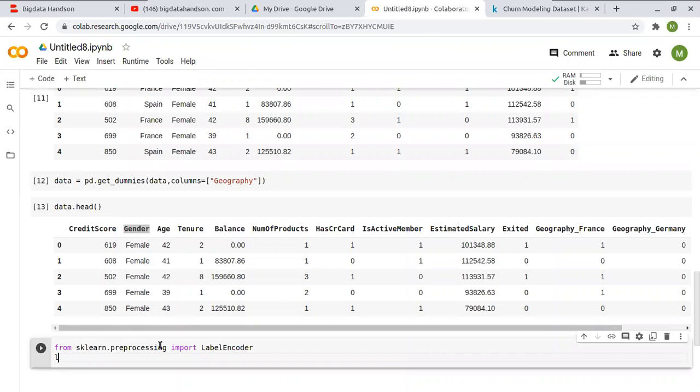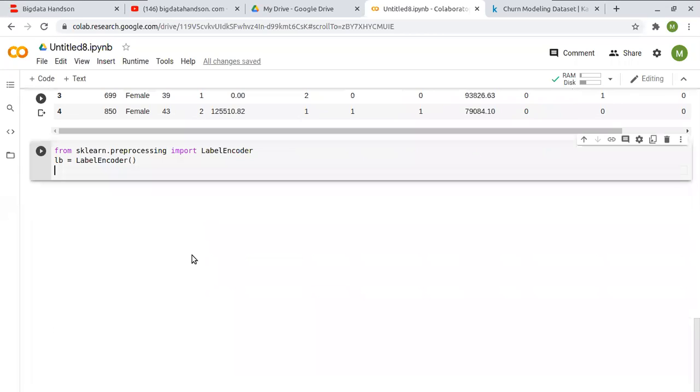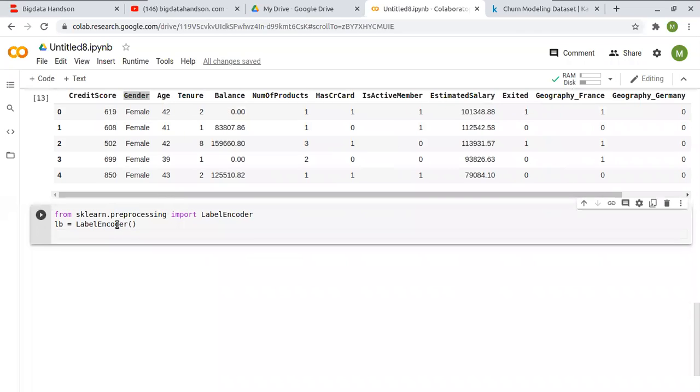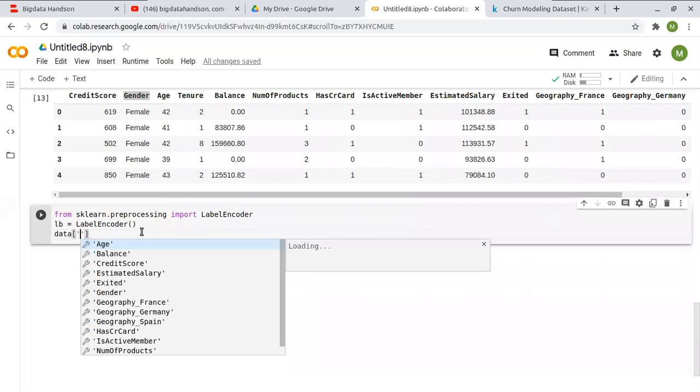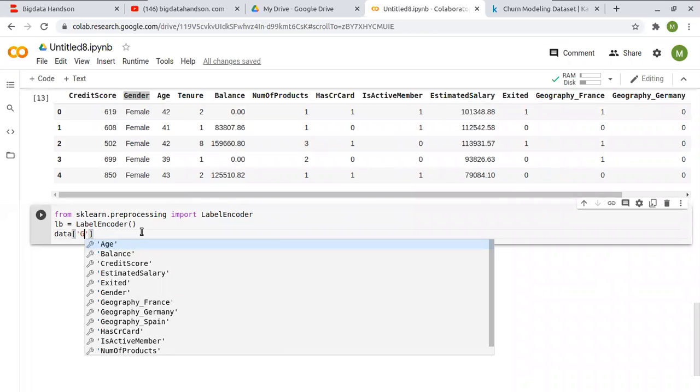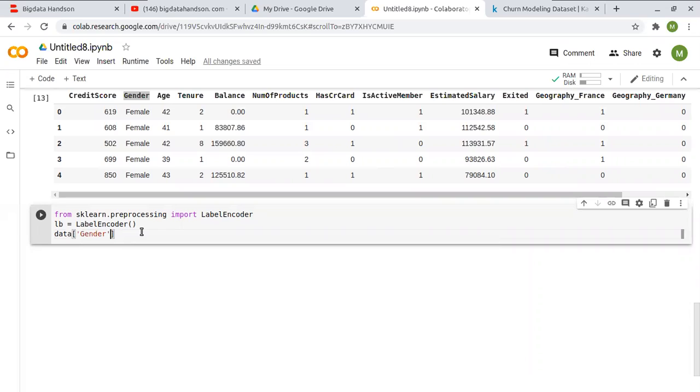Okay, so we need to create an object for the label encoder, and then we'll fit it to the dataset. So which column? Data of the gender column. Gender equal to lb dot fit_transform.